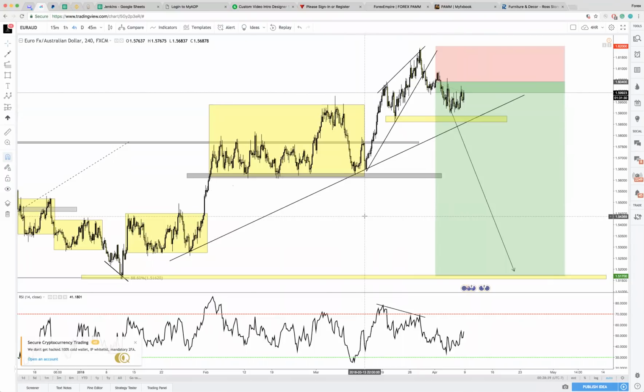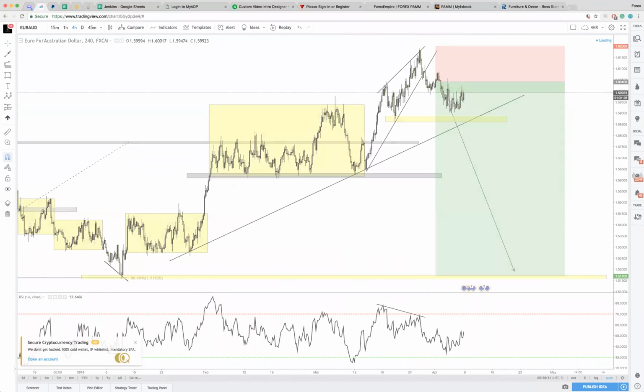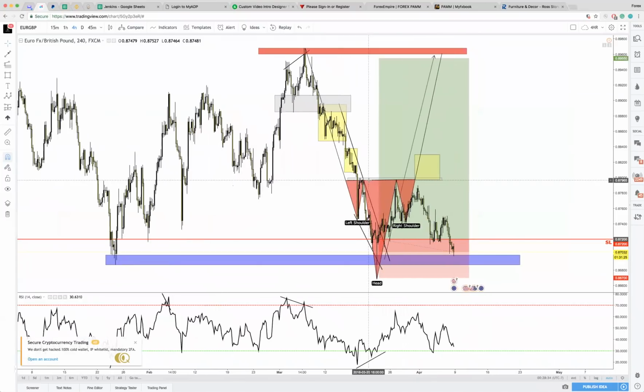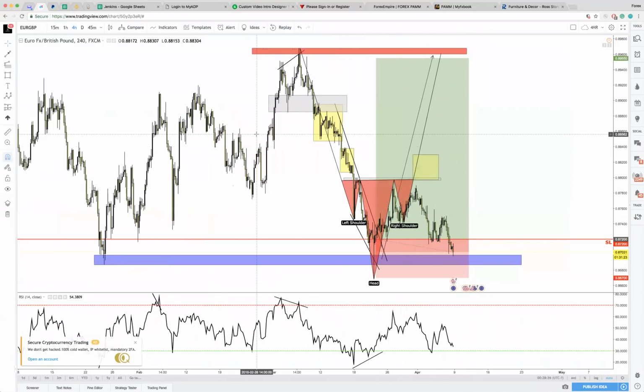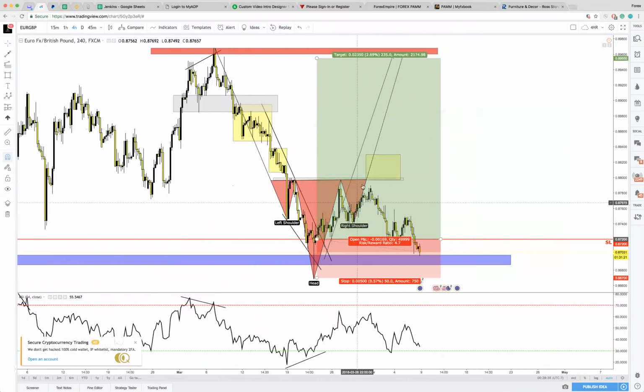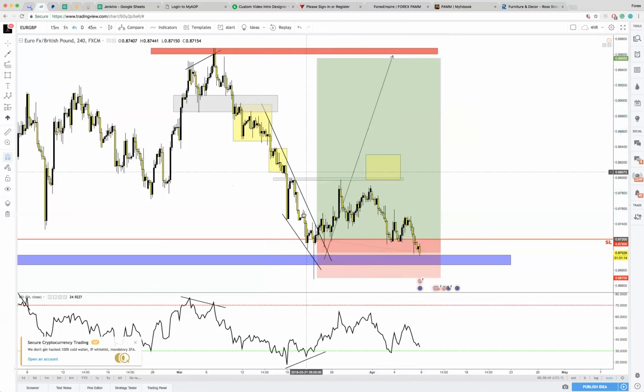All right, now Euro GBP, as you can see, a lot of times people just end up buying based on this and never wait for the neckline breakout, and that's going to be a fail on a technical point of view. But at the same time, if you look at it,